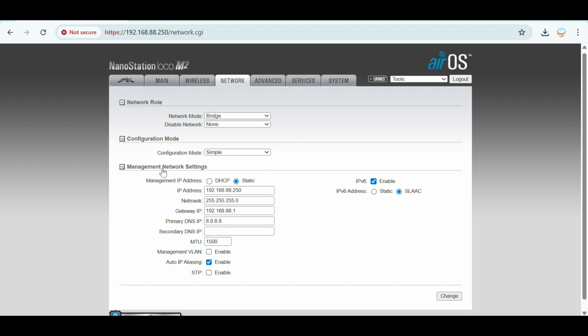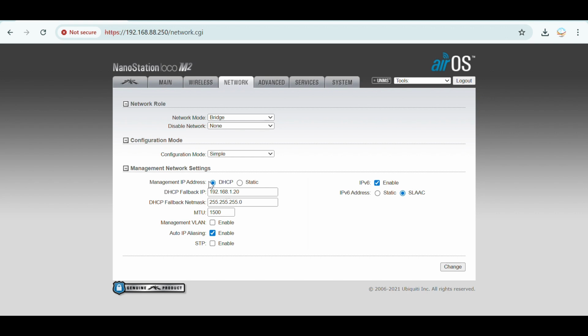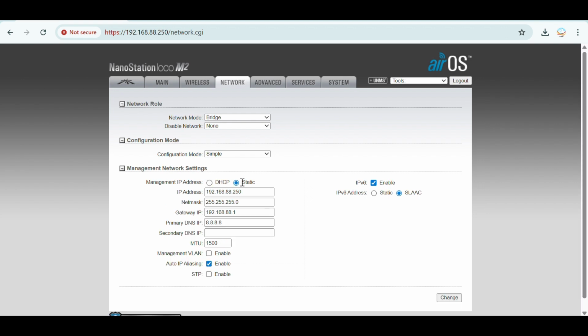So you just come under management and network settings. If you need to, you can put DHCP. DHCP means your router will be able to assign the NanoStation a particular IP address. But I prefer the static, because if you assign it a static, you're able to reach your device online and do configurations that you'll need to do when you are not physically available